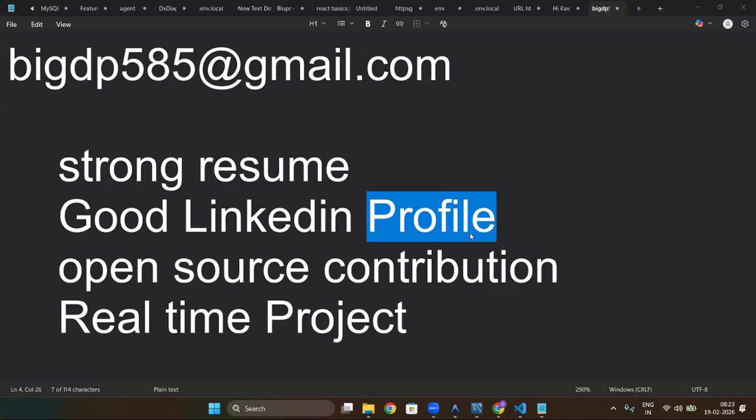Good communication skills. See, communication skills come when you do it again and again, the communication will improve. How can I say it? See, for example,